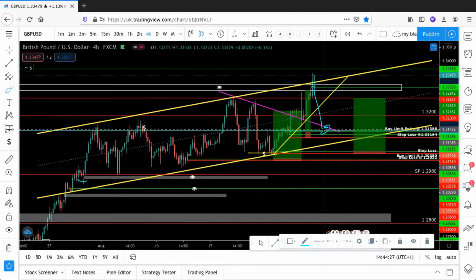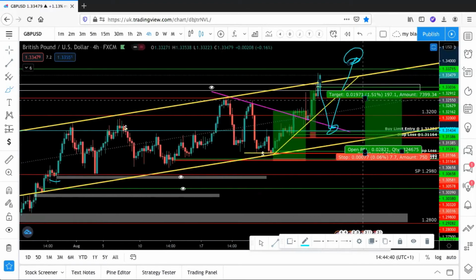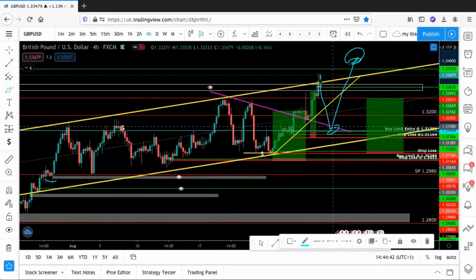Then I'm expecting price to run higher. This is what I'm anticipating on GBP-USD, right? On the other hand, suppose the GBP-USD drops deeper and breaks this low, we could expect price